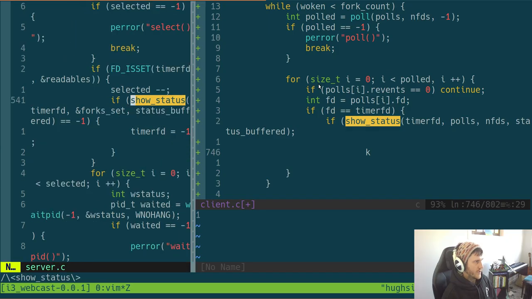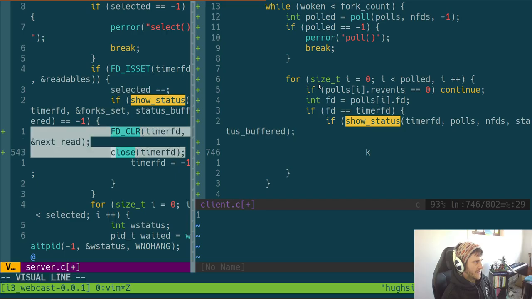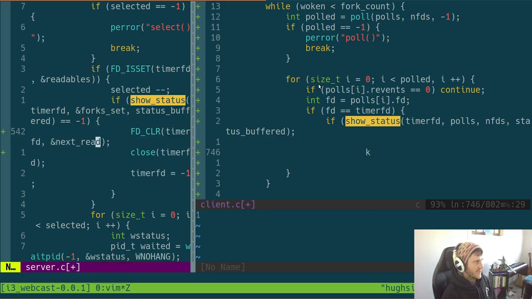So we'll just want to make sure that we have that in place, and then this would be the forks,